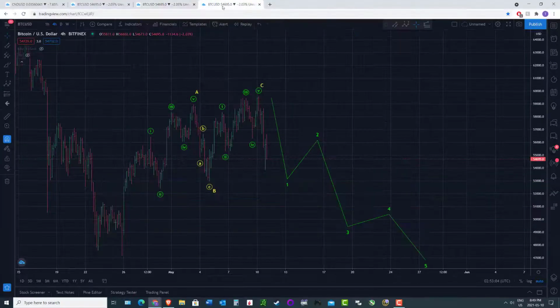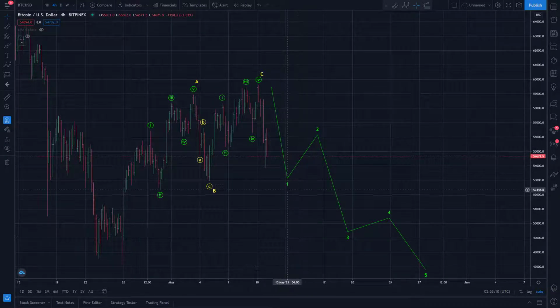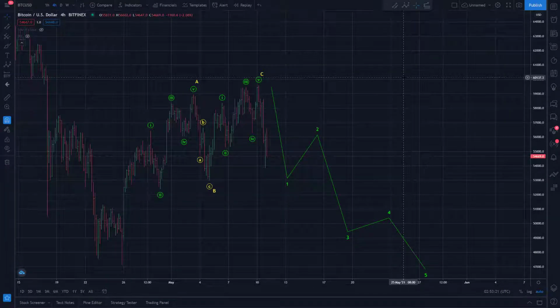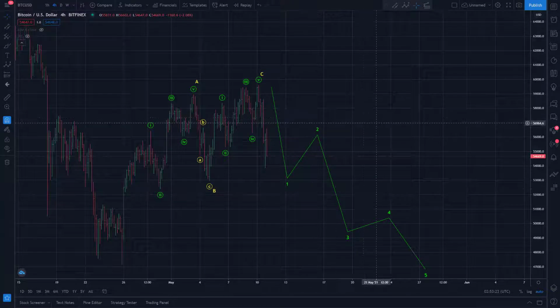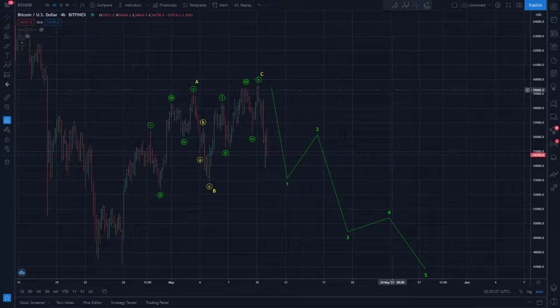But if we just smash through 53 and just start dumping hard, blast past the 618 retracement with no reaction, etc., that would have me leaning a little bit more into this, where we're going lower, farther into the 40,000s, maybe even more. Not quite ready to go there yet, but just something I want to bring up as a potential scenario. And again, I've been stopped out a couple times here, trying to, well, really,